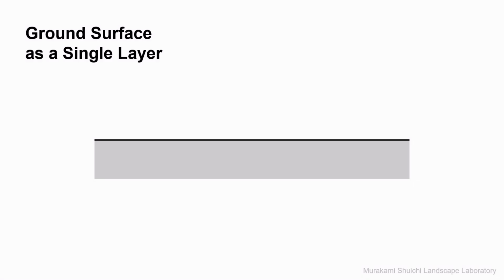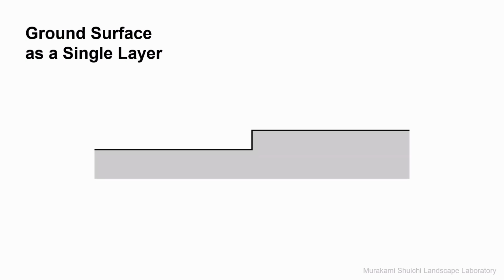In the episodes on landform, we have been dealing with single layer ground like this. Even if the ground rises by one step like this, or even if it goes up and down repeatedly with unevenness like this, it is still basically one continuous single layer ground. The behavior of people and water follows that one continuous landform.